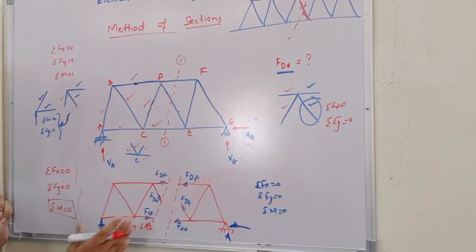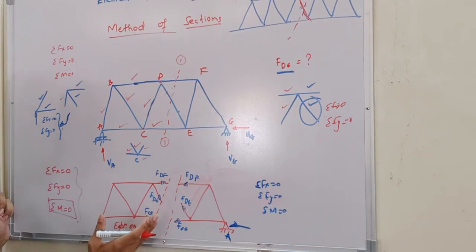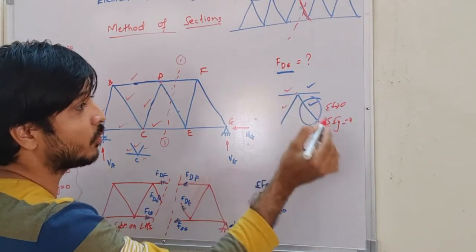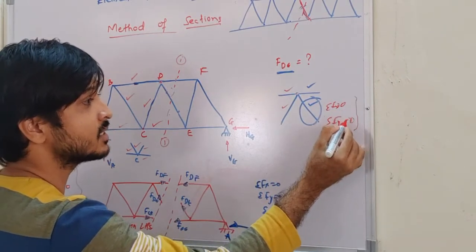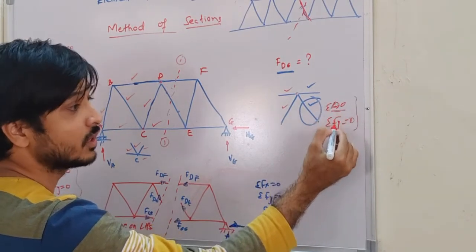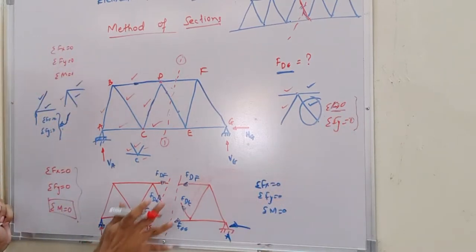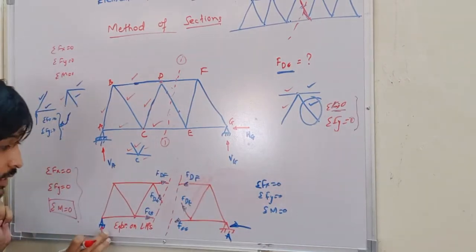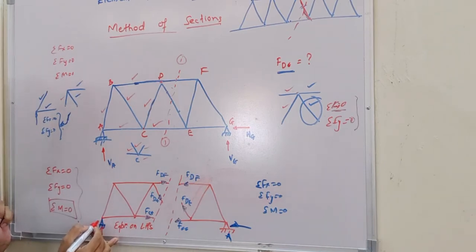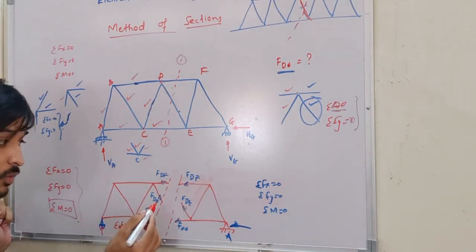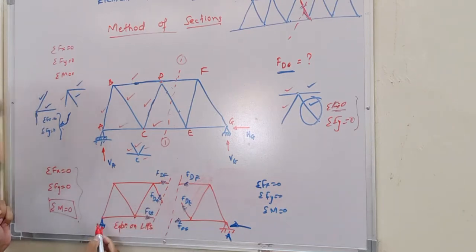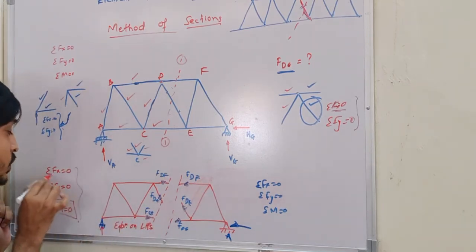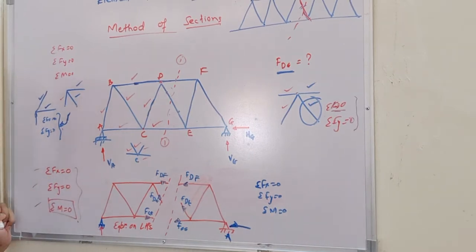Now after considering that, you take either equilibrium on the LHS or equilibrium on the RHS. Whereas in joints, when you consider equilibrium of a joint, we used to take only two equations, that is summation of Fx equals 0 and summation of Fy equals 0. Whereas when you are considering the method of sections, instead of only two equations, we are going to use three equations, because here if there is a force, this force can generate moment about this point. Correct? Even this force can generate moment about this point, right? So that's why instead of using two, we use three equilibrium equations.